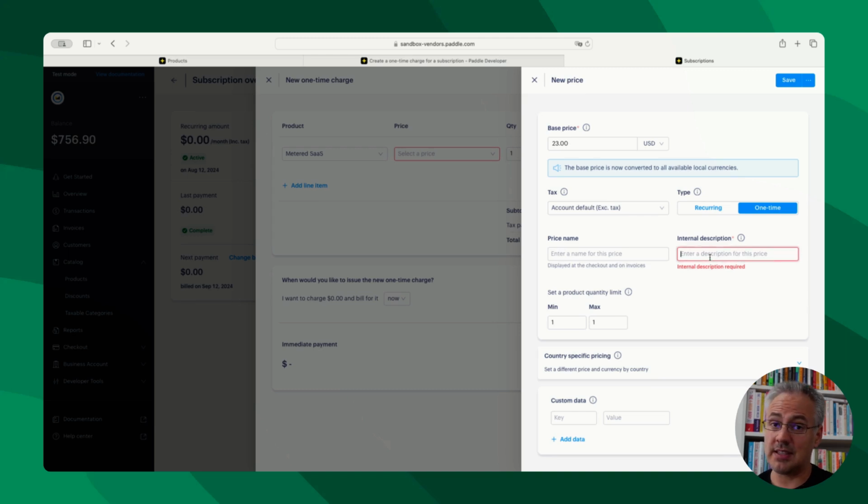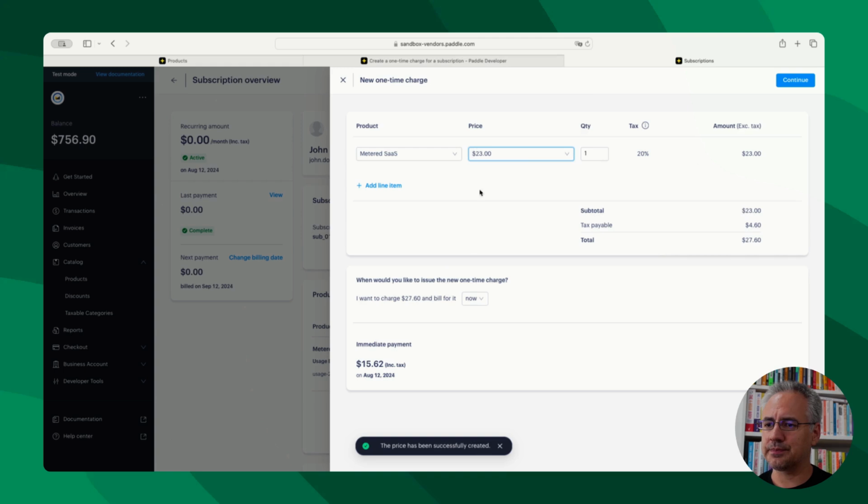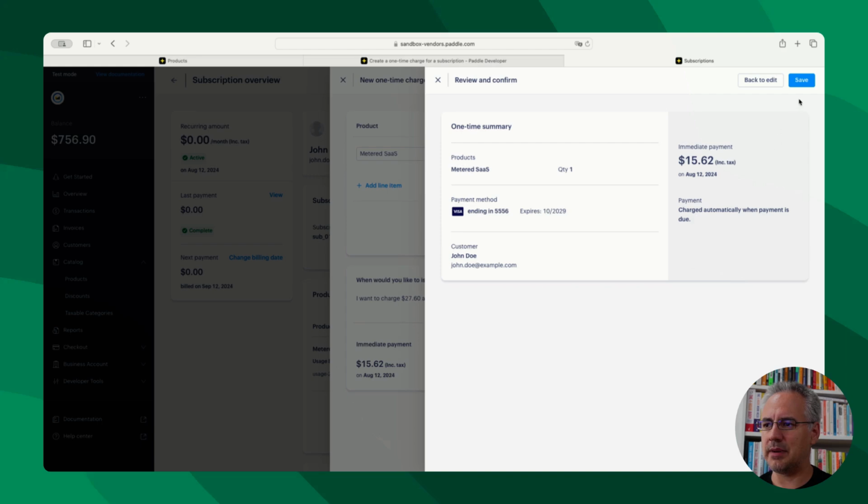Oh, sorry, you have to still give it an internal description. So you have to provide all the pricing information that you would anyway. So this could be then usage 2024 1 for, I don't know, customer 123. You'd have to give it something very specific. Save that. And then you can create an invoice with that, or a charge rather, with that specific price,